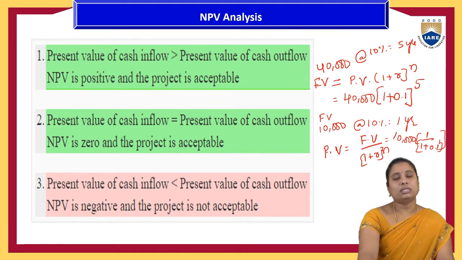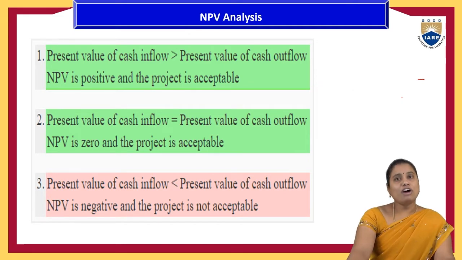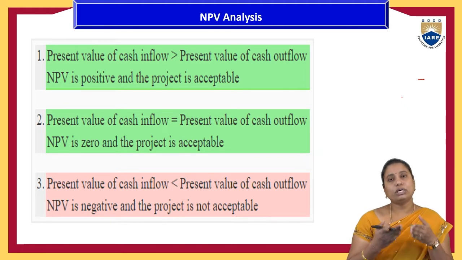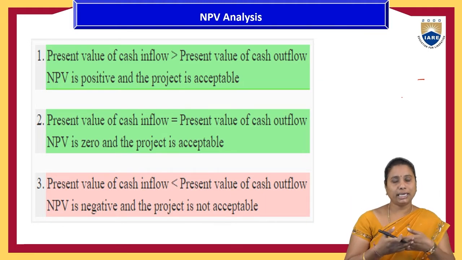In the payback period or the average rate of return, they did not take the time value of money into consideration. But here in NPV, they will consider the time value of money, and based on that they will calculate. So the net present value formula is present value of the cash inflows minus present value of the cash outflows. Which means if the present value of what they are investing and the future returns are equal, the net present value of that project is 0.